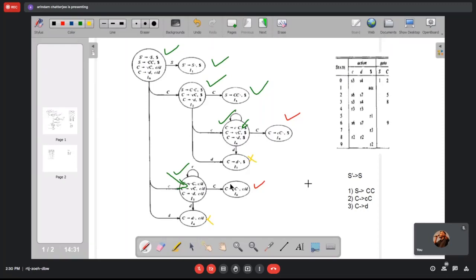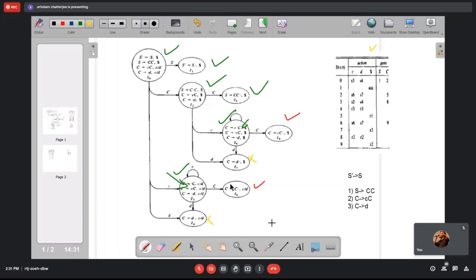Now, let us construct the canonical LR table or the LR1 table, which is shown in the northeast corner, right here. Just like the LR0 or SLR1 parsing table, it has lots of states on the row side.